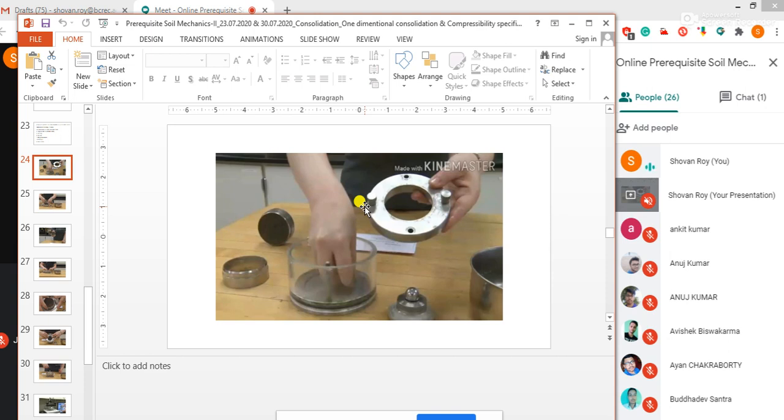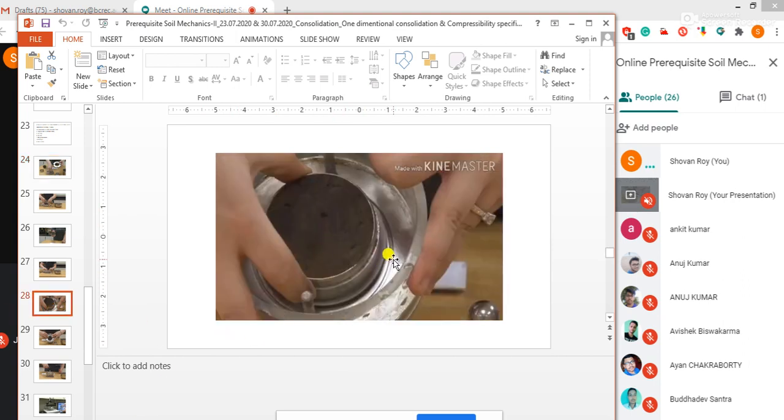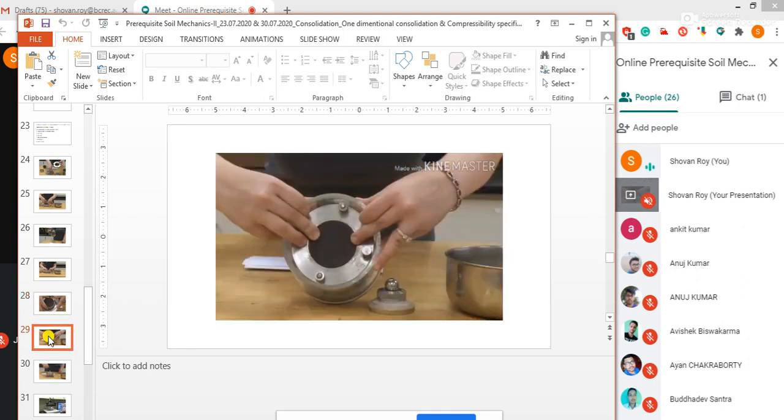We allow water and air to be expelled from the sample in both directions. Both sides are open in our sample, and for that purpose we put one porous stone at the bottom and another porous stone on the top. Already we have put one porous stone at the bottom; after placing the specimen, we will put another on the top. So this is called drainage. So in that case,